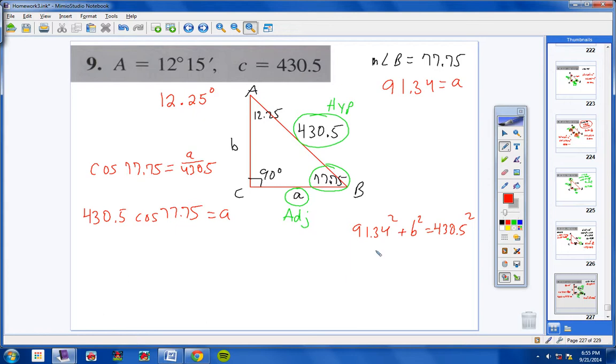Now students, I'm going to save a little bit of time here. I'm going to put B squared equals, and I'm going to take 430.5 and square it, and then subtract from that 91.34 squared, and that will give me this number right here,